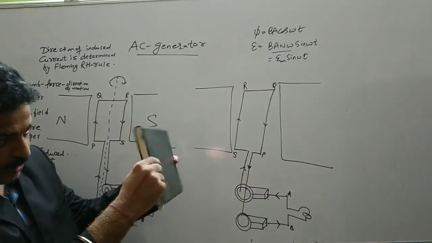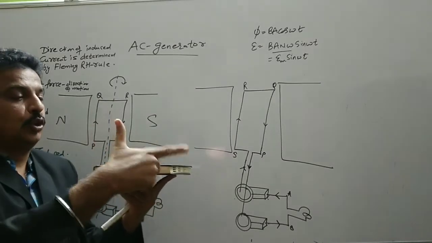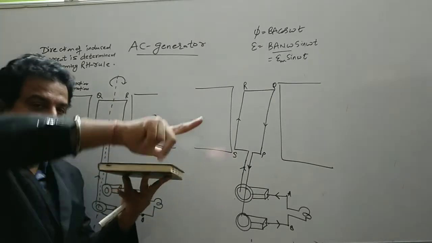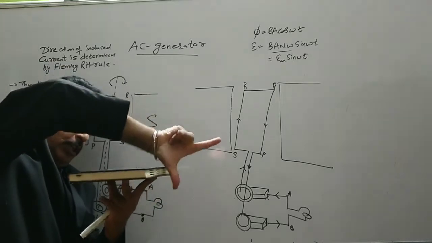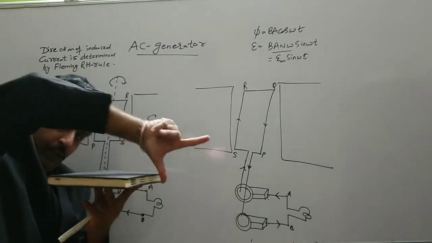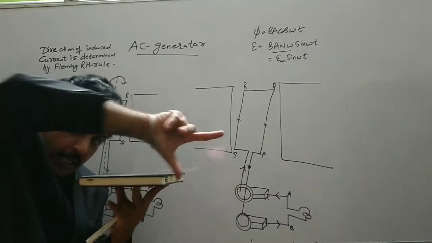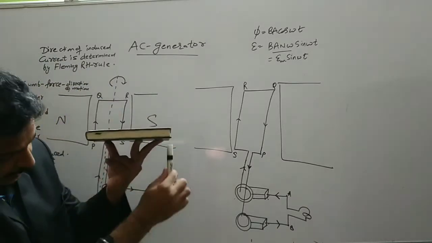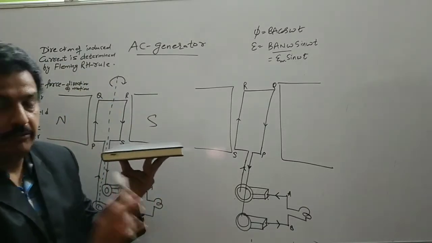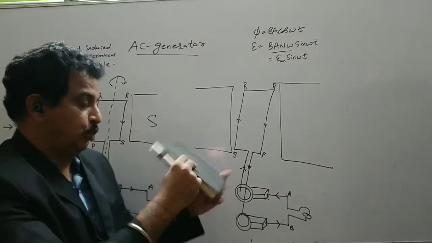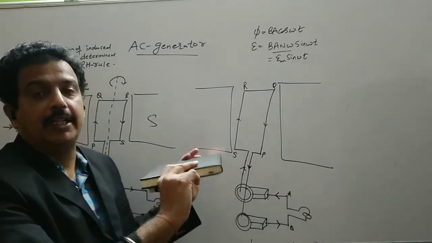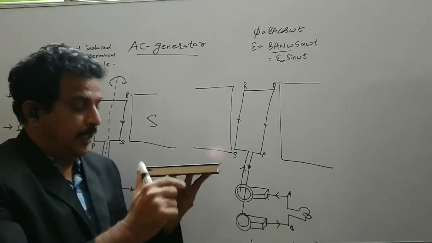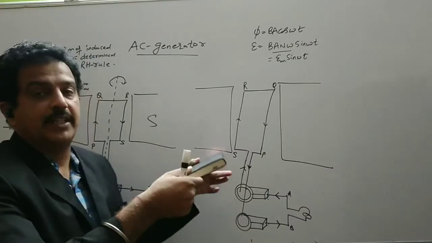the coil has to be rotated clockwise. So with the magnetic field, the force is downward, so current comes out from the coil. Whenever force acts in a downward direction, we are talking only of the clockwise motion. The coil can also be rotated in the anti-clockwise direction, but here I am taking an example of clockwise direction.